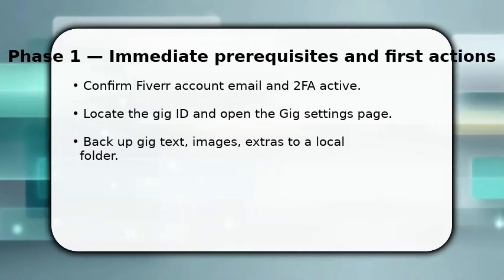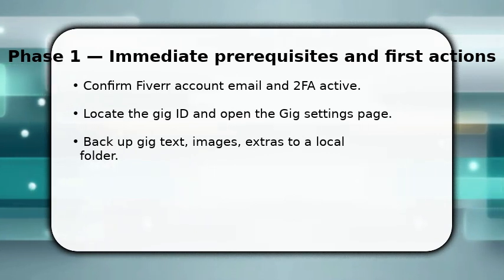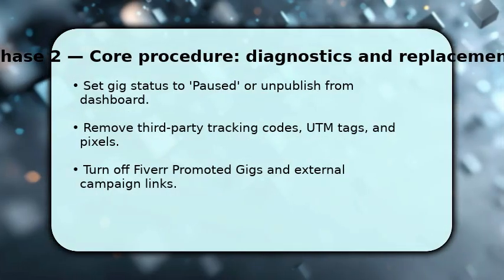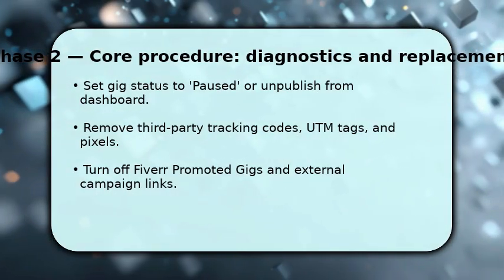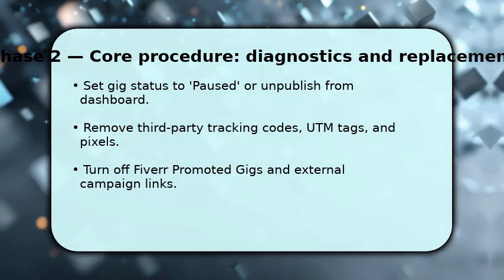This prevents accidental disruption. Finally, pause new promotions by removing external links and disabling social share options. Do this before disabling visibility to avoid lost payments. Now focus on removing promotion layers. Set the gig status to paused or unpublish it in the dashboard so it stops appearing in search and external